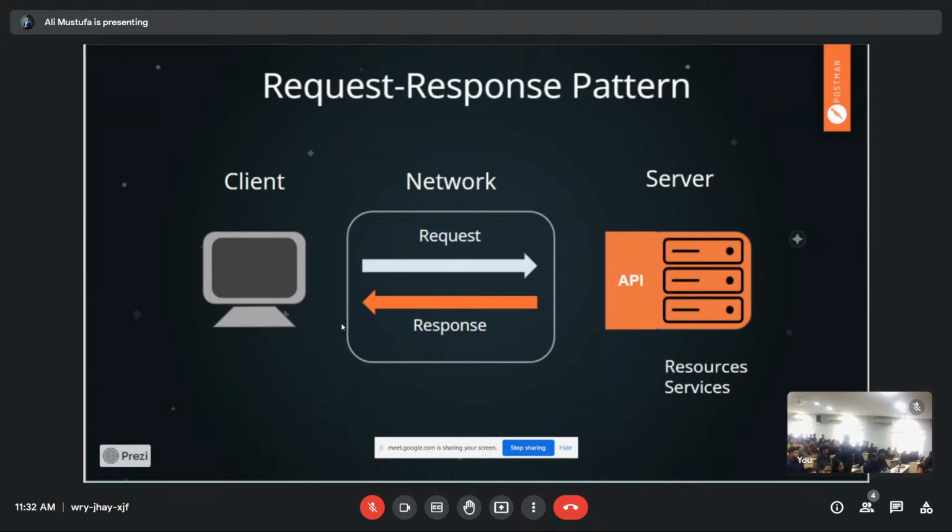So it is just like we need a network, we need device A which is acting as a server, and we need device N, meaning a number of devices which can act as clients, and then the client can send a request to the server, and then the server can reply back with the response. Okay, that's how the request-response pattern works. Now here we are particularly only talking about web APIs. Okay, there are different types of APIs available, obviously.